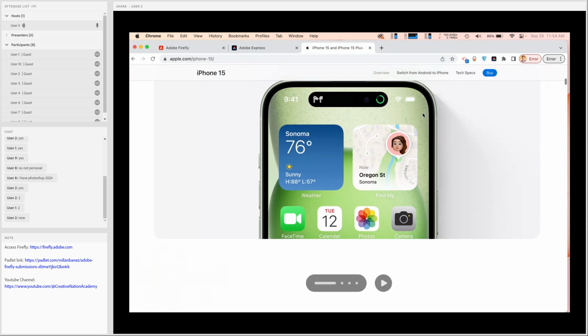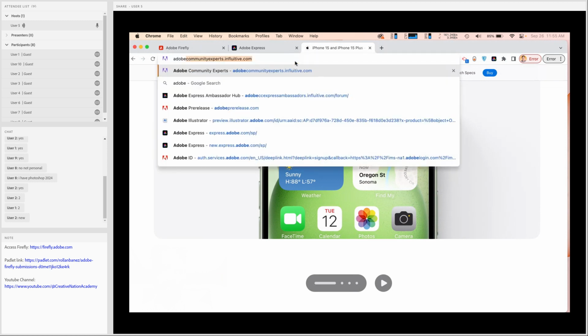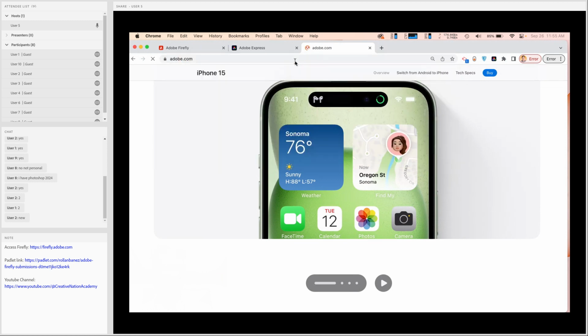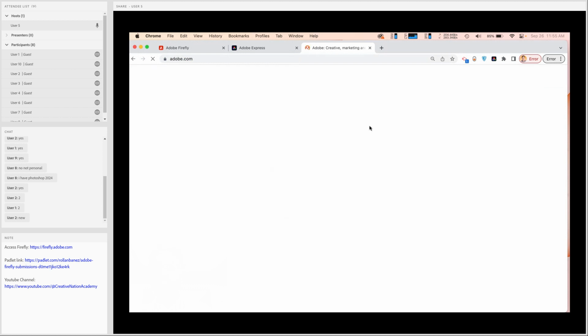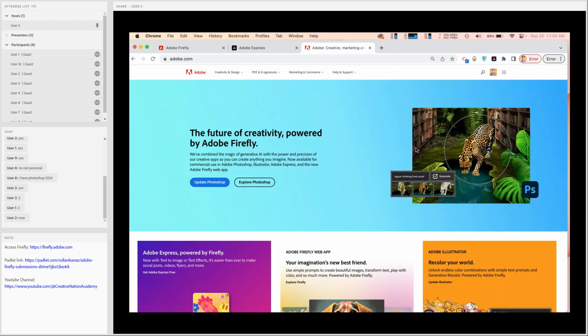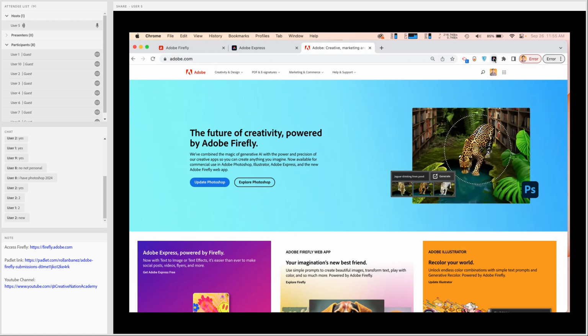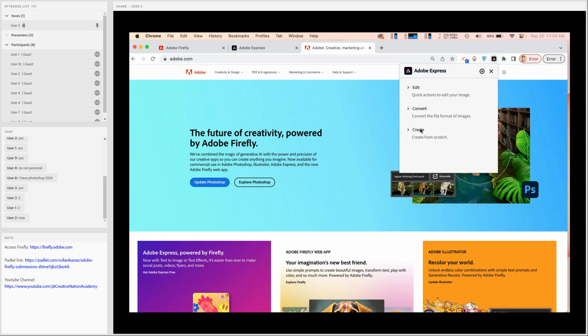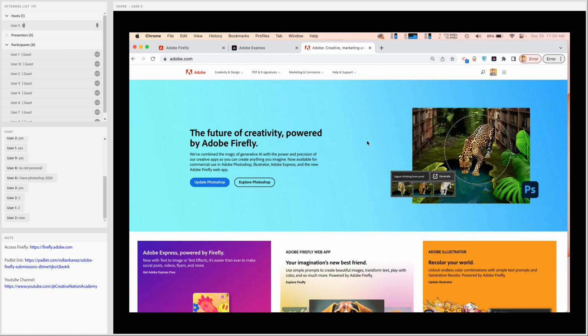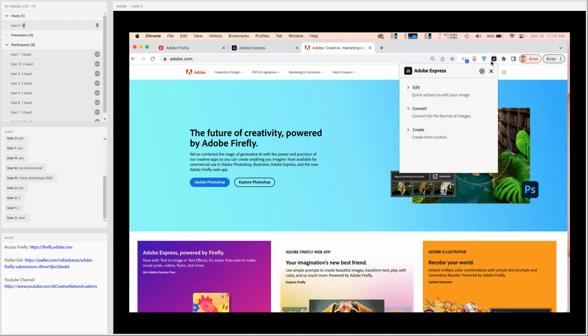Or let's go to adobe.com, and you can easily create by just right clicking on this, or just clicking on this. You can create from scratch or edit this using the Chrome extension. That will save you a lot of time. Download it. It's a must. It's a great tool. Try this.